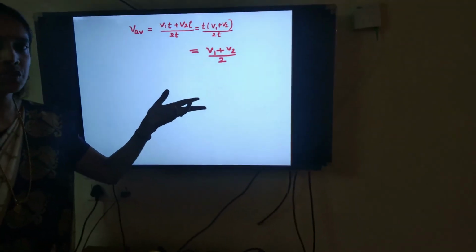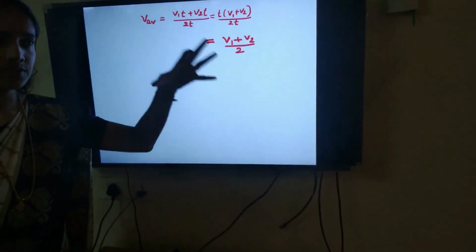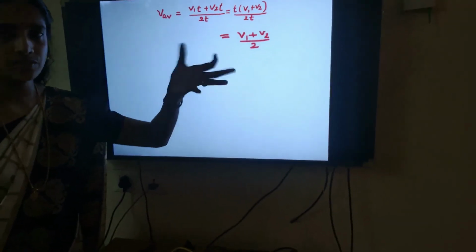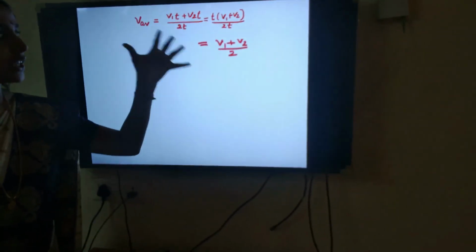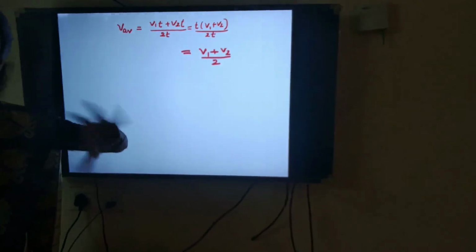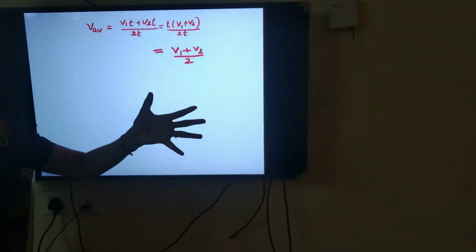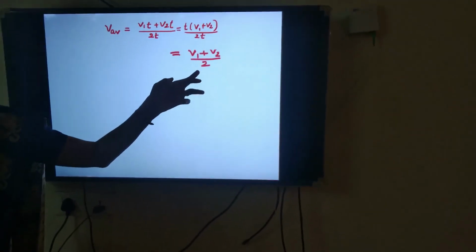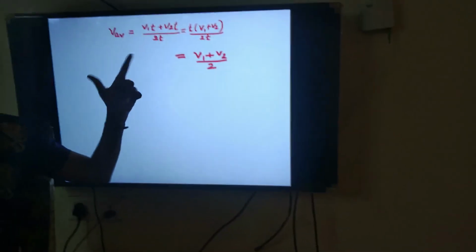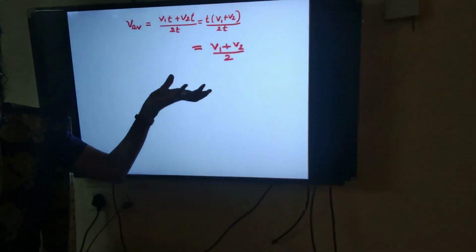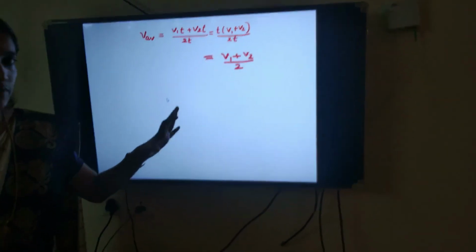Do you remember the previous equation? 2v1v2 by v1 plus v2. What was the condition there? A person travels equal distances, but with different average speeds and different time intervals. Here, what is the situation? The person travels different distances with different average speeds but in the same time intervals. Then we got the equation for average speed as (v1 plus v2) by 2, where it was 2v1v2 by (v1 plus v2). But how did we obtain both equations? From the basic equation for average speed: total distance traveled by total time.